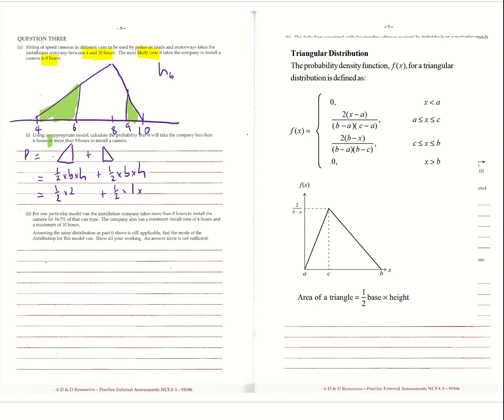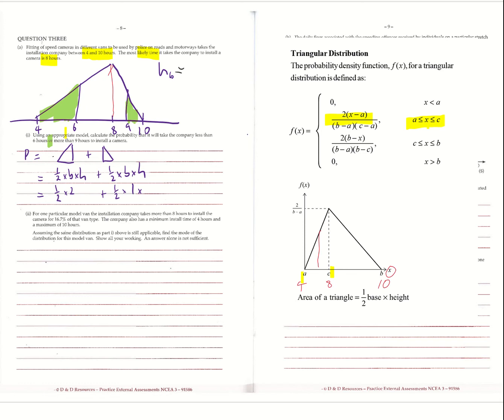Okay, there it is. And so on my little diagram, my most common here is at 8. So my A is 4, my B is 10, and my C is 8. For the triangle on the left, it's on that side of the peak, and that's my X value. So when my X value, which is this 6, is between A and C, then I'm going to use this formula. So my height at 6